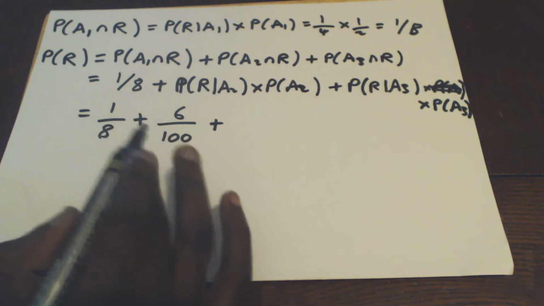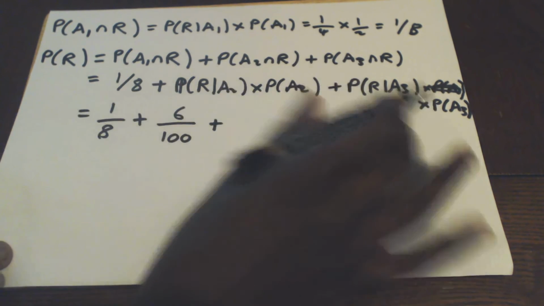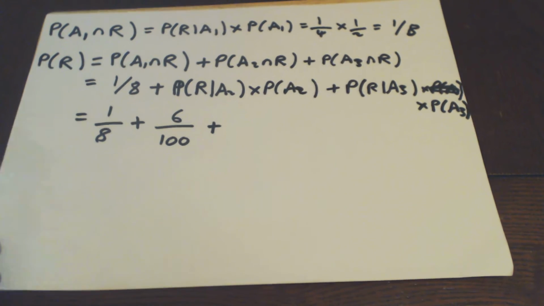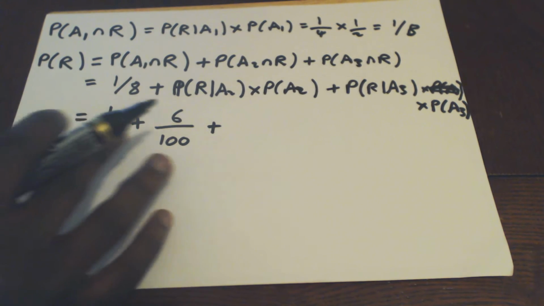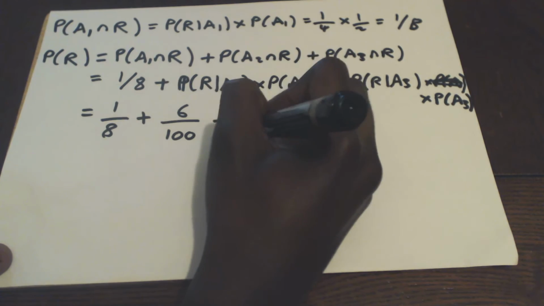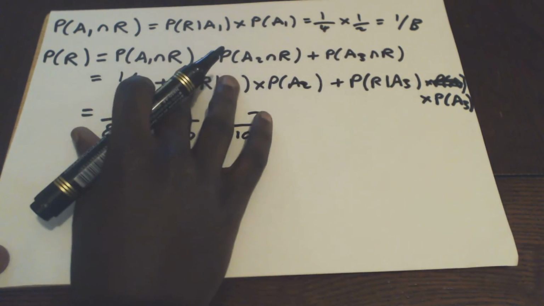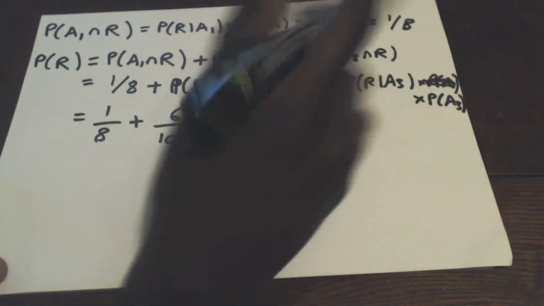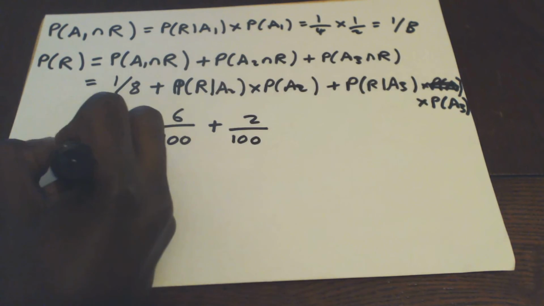probability of repairing given A3 times probability of A3. So that's 1/10 times 1/5, which is 1/50. So yeah, I've just written that as 2/100, because obviously in the exam it's just easier to simplify them. And yeah, so when you add these up,